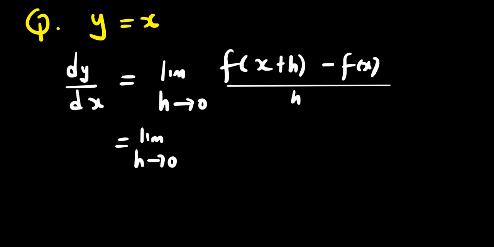where there is x, I'm going to replace it with x plus h. So what am I going to have? In this case, I'm going to have x plus h minus, then I'm going to replace the whole function. The whole function f of x is just x. So minus x, everything over h. Now we're saying that this limit, h is approaching 0, so wherever there is h, I'm going to replace 0,